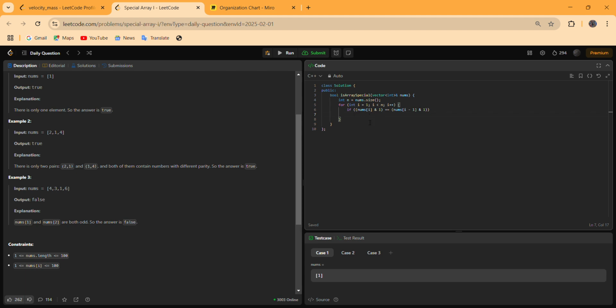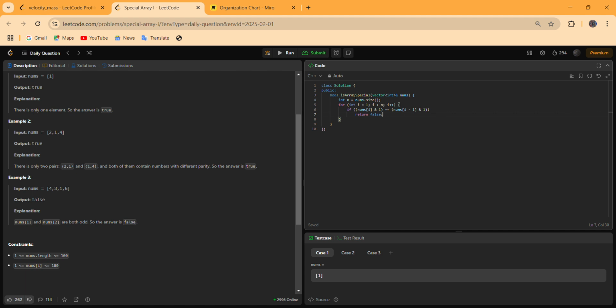If the last bit in nums of i is 1, then nums of i AND 1 gives 1, which means nums of i is an odd number, and if it is an even number, then it gives 0. So we check whether both parities are equal: if this is odd and this is odd, then we have to return false.